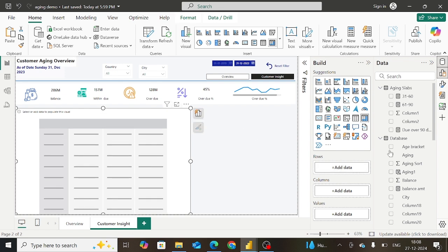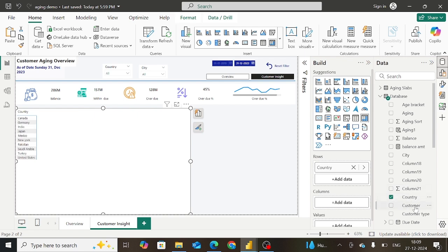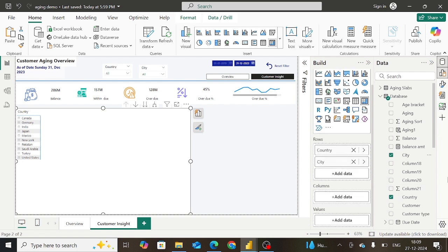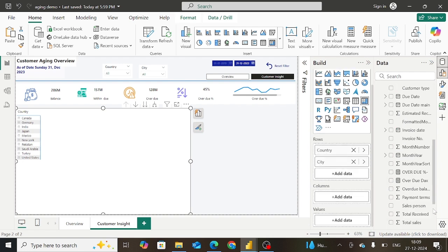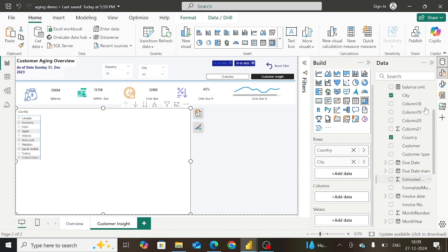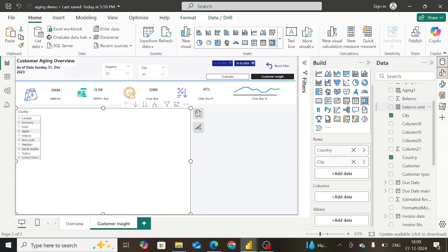And on rows we will select country from database and city, and in values we will add balance. Balance amount I will add,